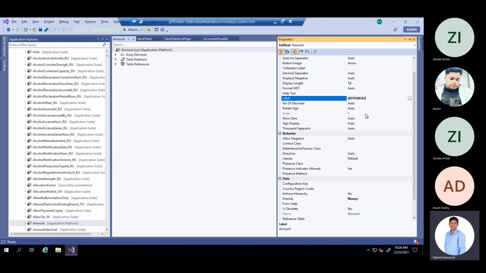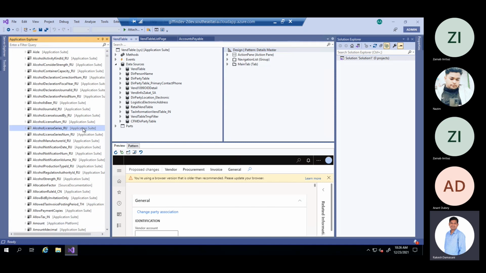And the scale is up to 6. Scale is nothing but the number of digits after the decimal. Display length is 12. These EDTs which we are seeing here will be used on tables.